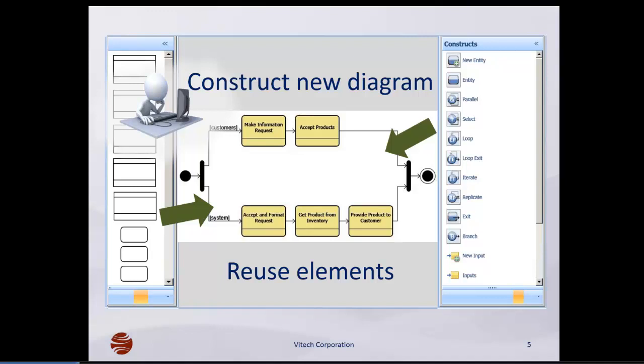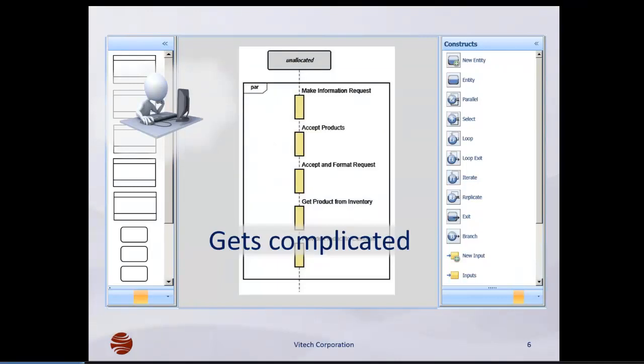Now, the ability to reuse these elements gives you the ability to construct a new diagram, and you are saved some of your effort by the fact that you can reuse those elements that you created when you drew the first diagram. So you've got them over there on the left side, and you can drag and drop them out along with the particular controls to configure your drawing the way you want to do it for the second diagram. Where it gets dicey